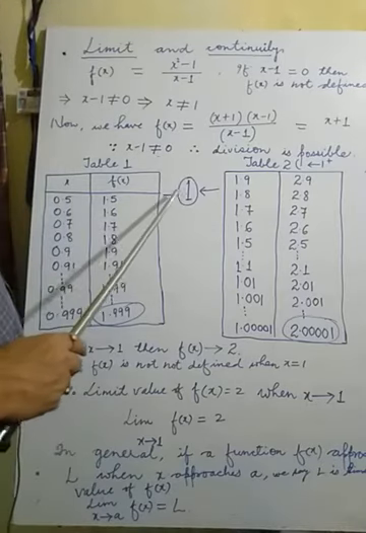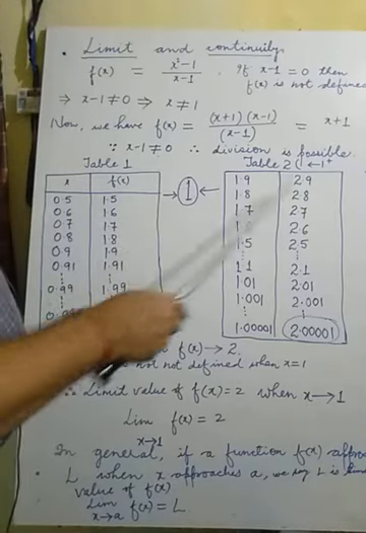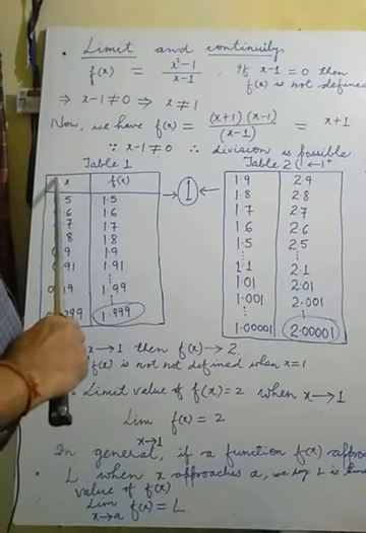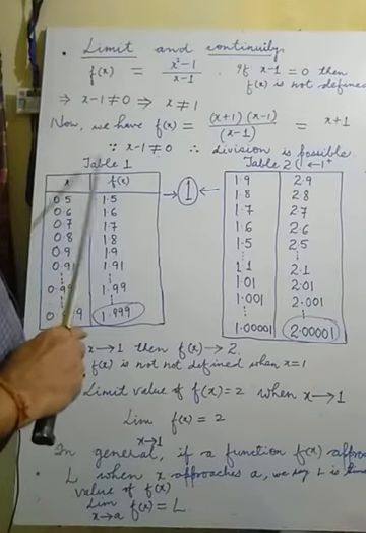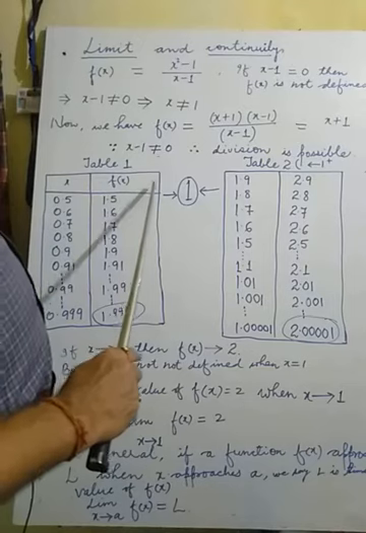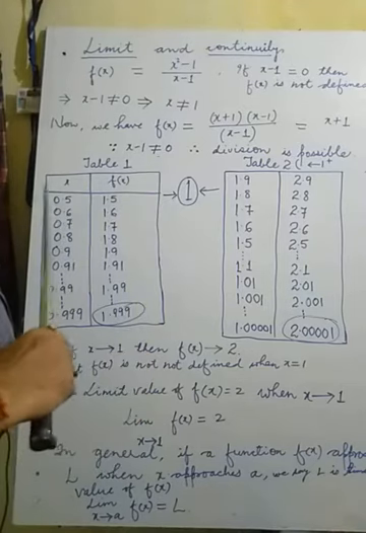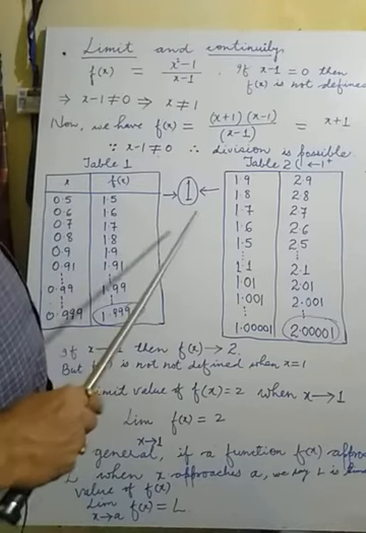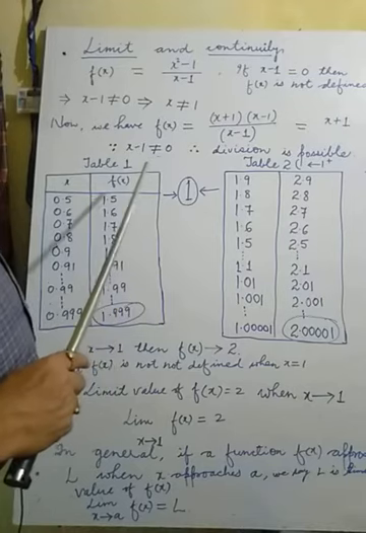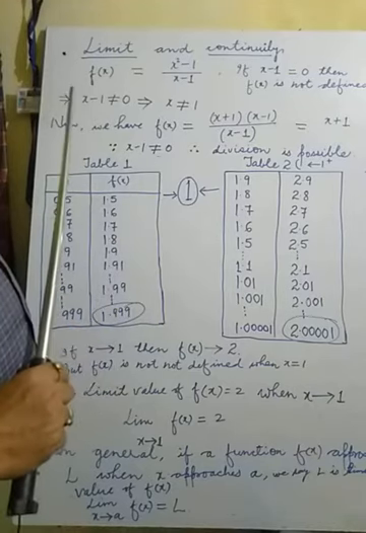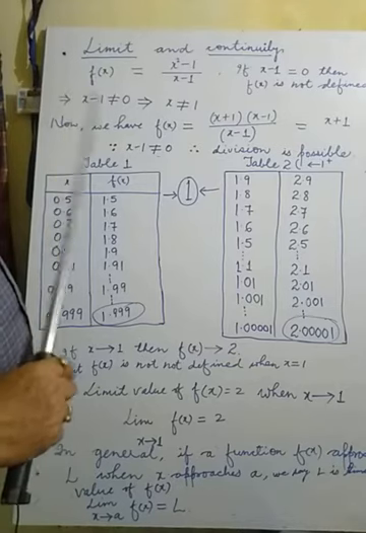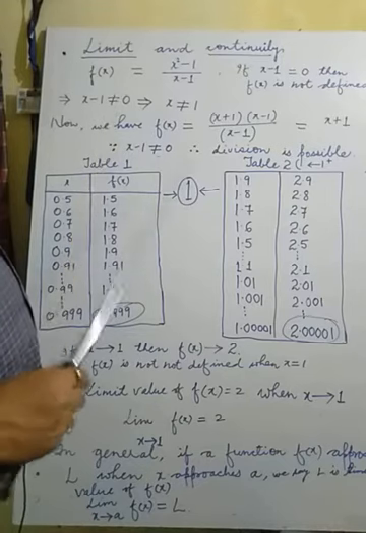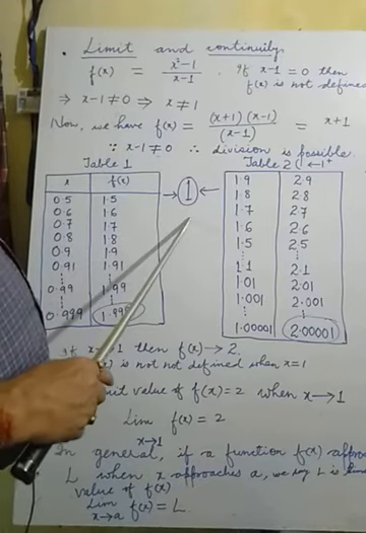Similarly, we have to take a value greater than 1 on the right and a value smaller than 1 on the left. The smaller value starts from somewhere and increases. If a value less than 1 is taken, it will increase and approach 1, not exactly 1. Try to understand what this means. Exactly 1 will not be taken. It means the value will extend toward 1, approaching 1.